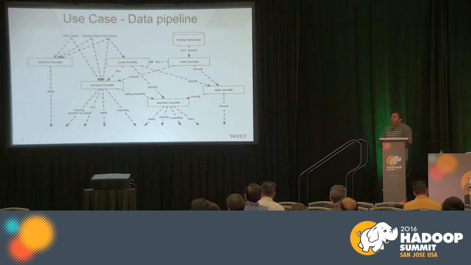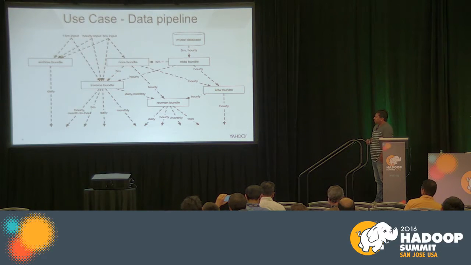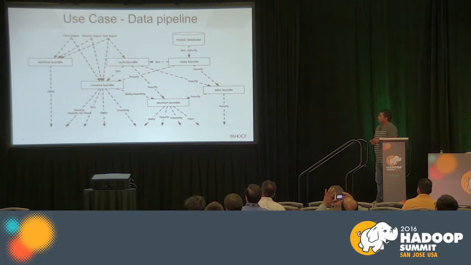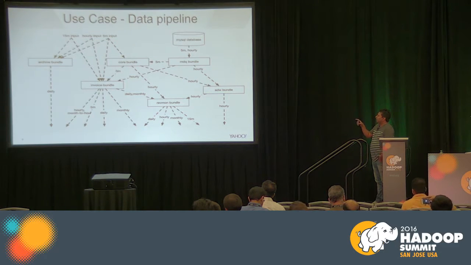To give an example of how a pipeline can be processed in Oozie, we have taken a very simple example. It gets 5 minute, 15 minute, and hourly feeds. Those feeds are click and view impressions. The core processing is done in the core bundle. All the rectangle boxes are bundles in Oozie. The core processing is done as a core bundle, which produces 5-minute output and hourly output.